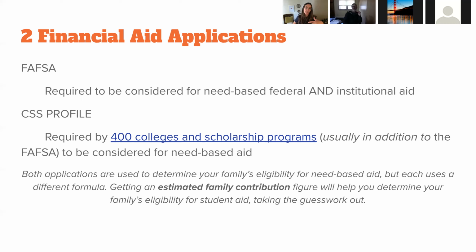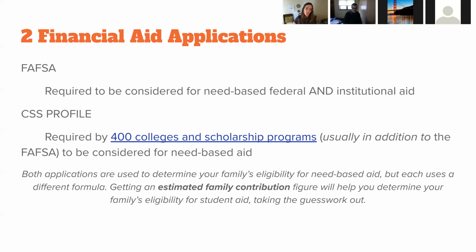So what are the FAFSA and the CSS? The FAFSA is the Free Application for Federal Student Aid, and this is required to be considered for any federal aid and need-based institutional aid. And so if you're eligible for any demonstrated need, based on that FAFSA forecaster, and even if you don't think you are, but you may want loans, you've got to fill out the FAFSA. Sort of no ifs, ands, or buts about it. I would definitely say 98% of my families are filling out the FAFSA, unless they just really don't want to share their personal information. They really don't need any money for college.